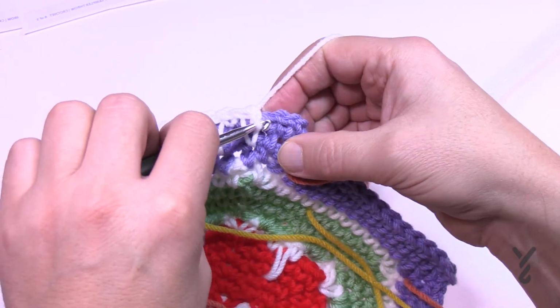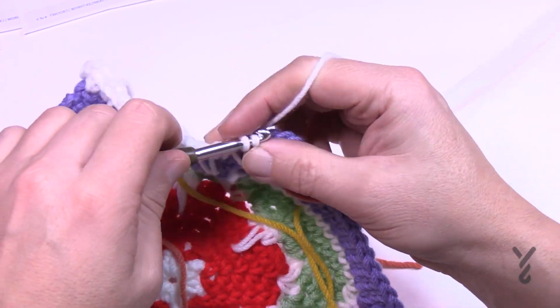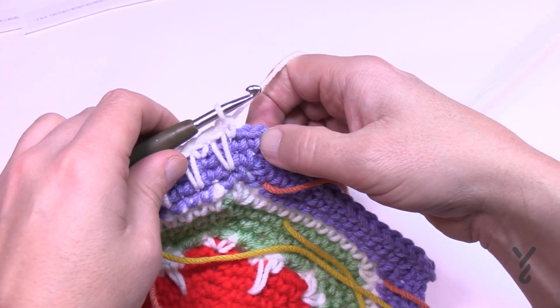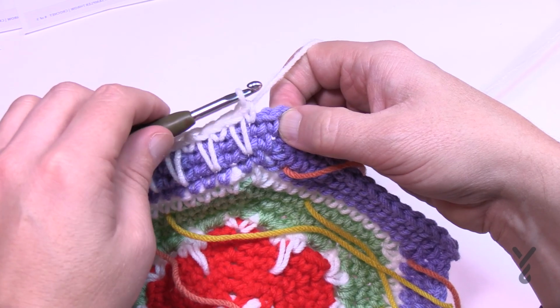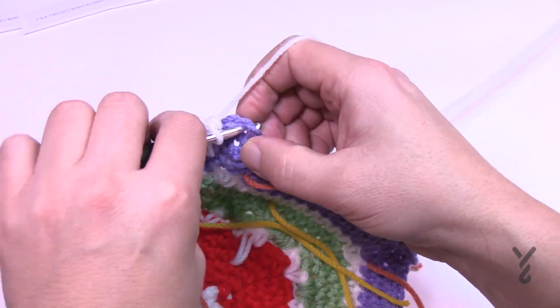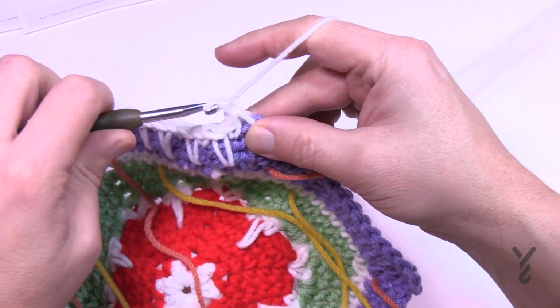Okay, and then you're gonna come into the next one here, and then you're gonna go into your corner space. Okay, so once that last one's in, make sure it looks balanced. Then you'll go into your corner, so single crochet, chain 2,